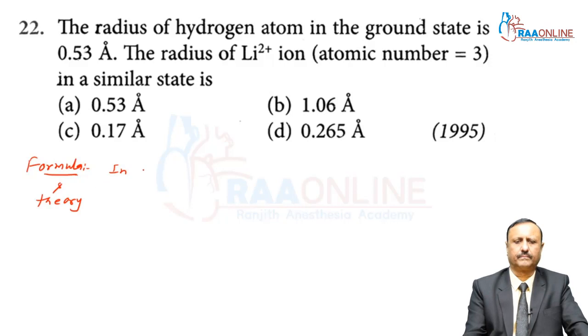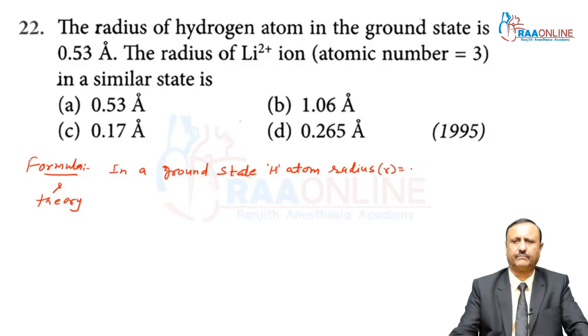Here in the ground state, hydrogen atom, radius r equals 0.53